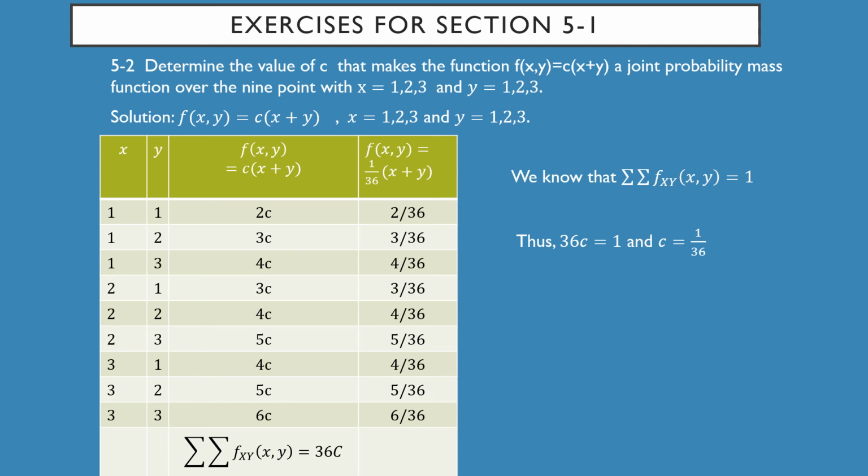So we replace this double summation by 36c, divide both sides by 36, and we'll get c equal to 1 over 36. So put c equal to 1 over 36 here, and we will get the new function, which is 2 over 36, 3 over 36, 4 over 36, 3 over 36 until 6 over 36. So we have a table now, and we will use this table to answer